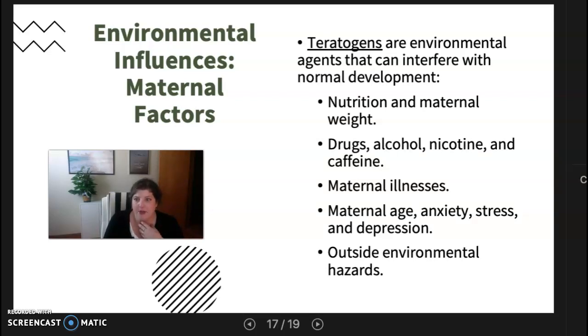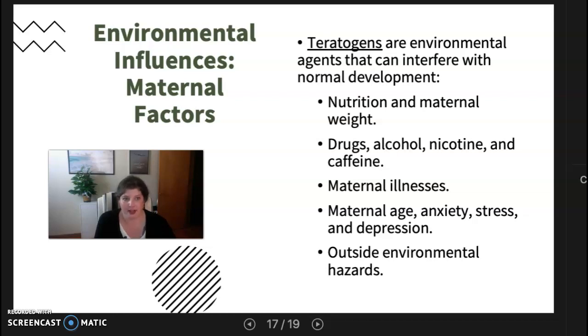Outside environmental hazards. So I thought it was interesting that it talked about the x-rays, and even women going to get normal dental, I think it said routine dental x-rays are 3 times as likely to have low birth weight babies, even when they make it to full term. And then for men who have had diagnostic x-rays in the past year before conception, their babies also have lower birth rates. I just think that's fascinating. That's so interesting to know that things that you might not be thinking about could have effects on your kid.